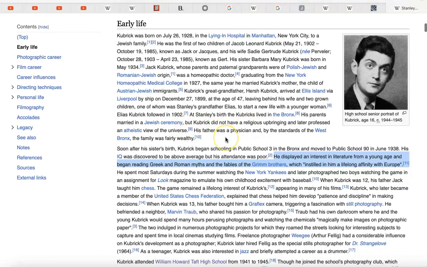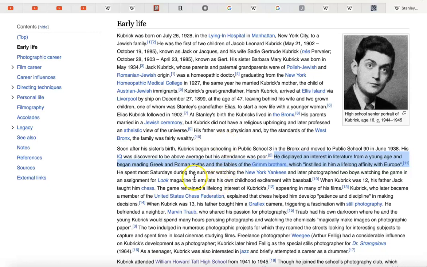Now, obviously he comes from Jewish people. And obviously, maybe it's not so obvious, I don't know. But to me, it seems obvious that he would have at least a rudimentary knowledge of Judaism and all of the stuff that you have to know if you're going to be Jewish. His parents were Jewish. I don't know if he ever got bar mitzvahed. I don't know if he went to Hebrew school and learned Hebrew and learned all this stuff. I don't know. But I would not be surprised at all. He probably was exposed to that.